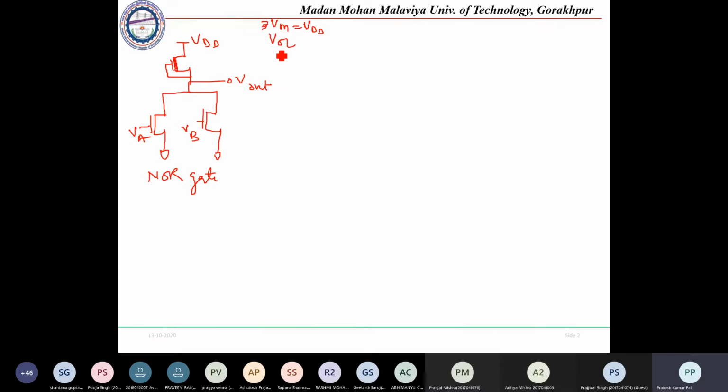So to find out the VOL value, what we can do is, at the time of VOL, the output should be low. That means output will be low with respect to VA and VB. Either of these two are on, or both are on at the same time. So we have seen that if either this one is on or only the second one is on, we were getting a similar VOL value. But if both are on at the same time, we were having a different VOL that was less than the VOL obtained by this. Okay, so it was a different VOL value.